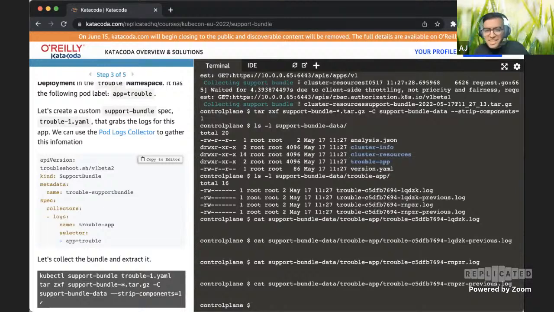Okay, apparently none of the pods collected the logs. So we see the files, but there are no logs in there. But we do have other logs, right? So if we go into this cluster resources,